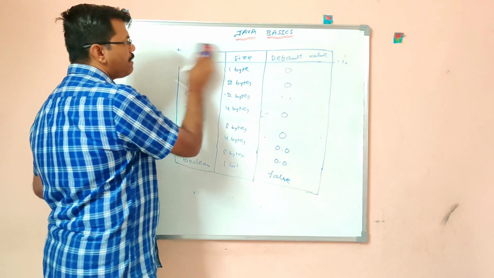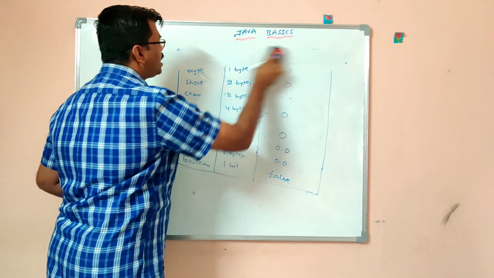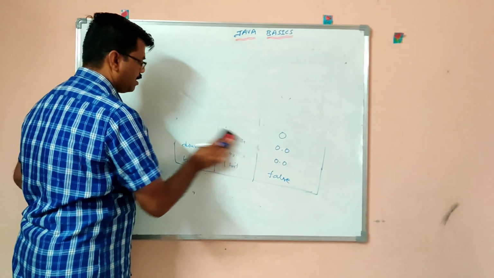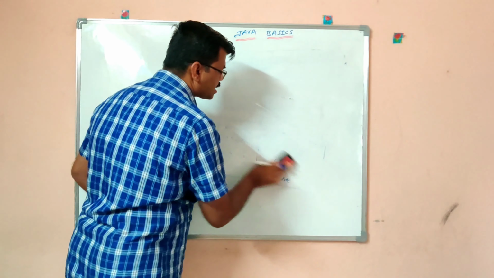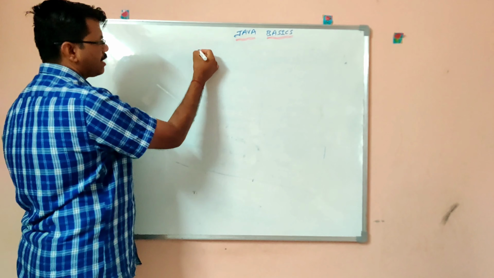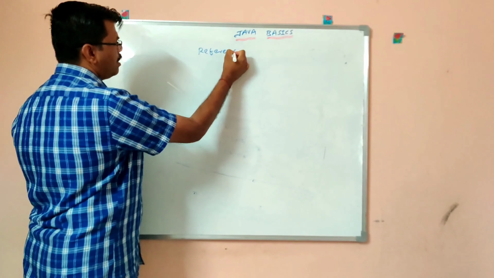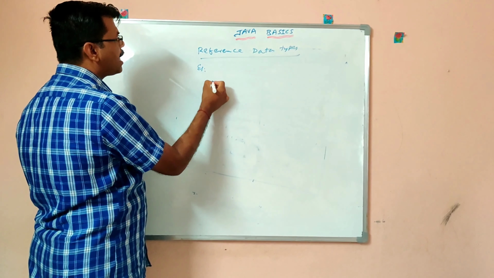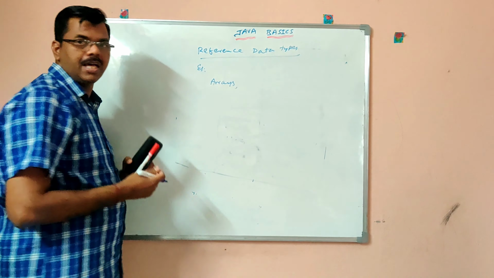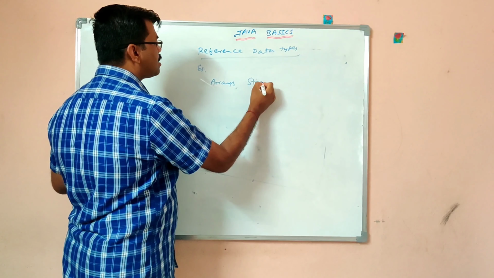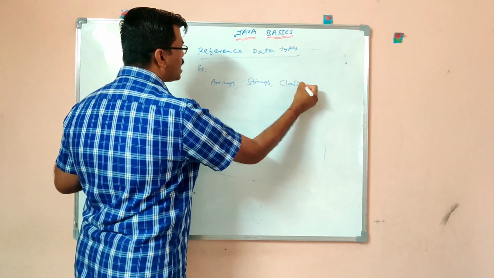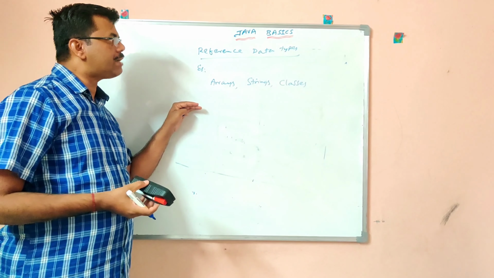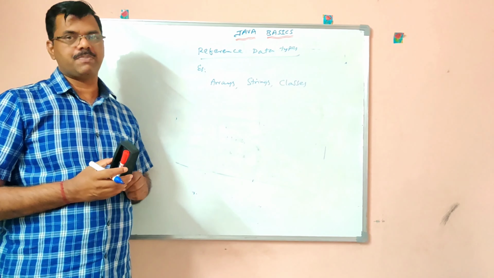And the next one, we are having reference data types. Other than these 8 primitive, remaining all are reference types. The reference types are like strings, arrays, or any classes that we create. So the examples of reference data types are arrays. In Java, arrays come under reference type. The strings come under reference type, or the classes you create or predefined classes come under reference type. So more about this reference type we'll discuss once we complete the basics part.